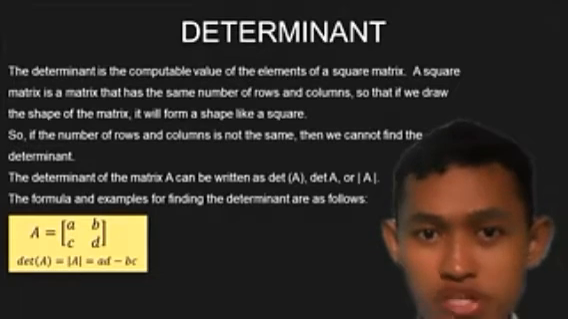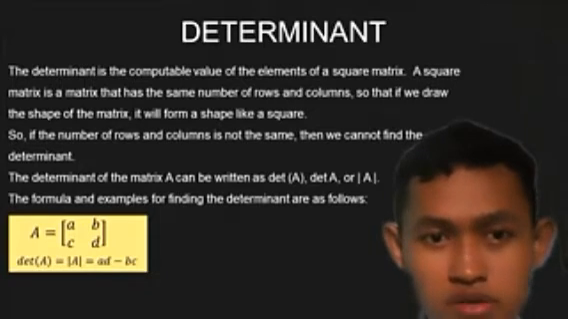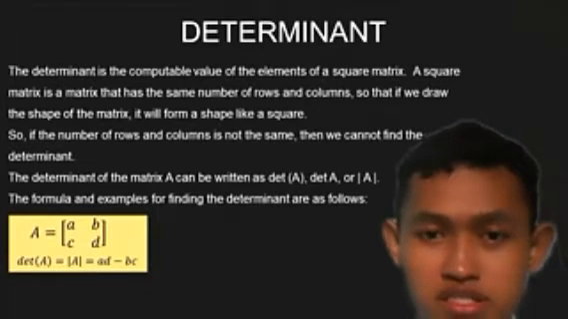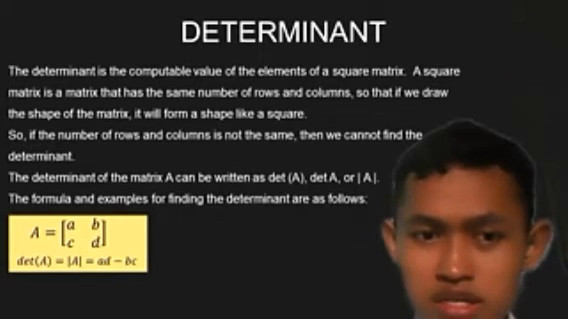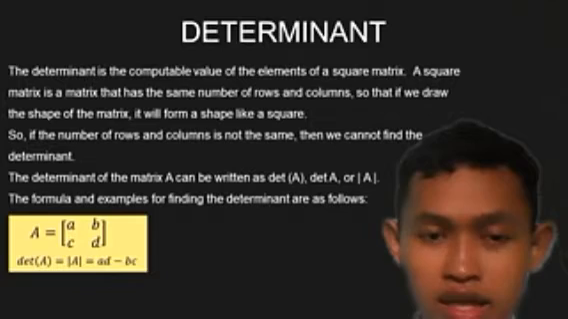The determinant is the computable value of the elements of a square matrix. A square matrix is a matrix that has the same number of rows and columns, so if we draw the shape of the matrix, it will form a shape like a square. So if the number of rows and columns is not the same, then we cannot find the determinant. The determinant of the matrix A can be written as det A, and the formula and example for finding the determinant are as follows. For the matrix A with elements a, b, c, d, the determinant is a multiplied by d minus b multiplied by